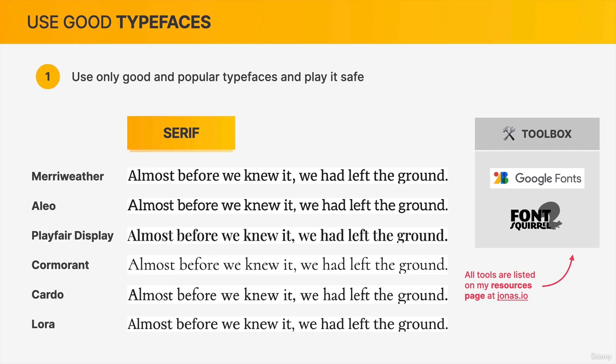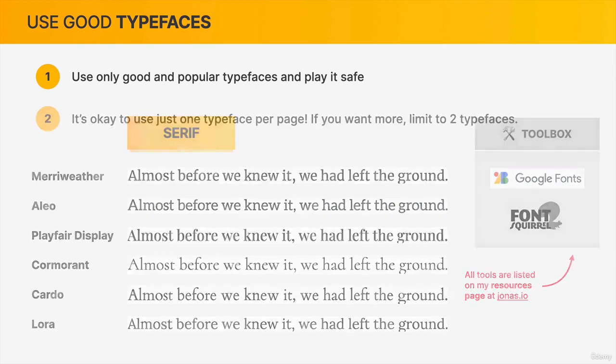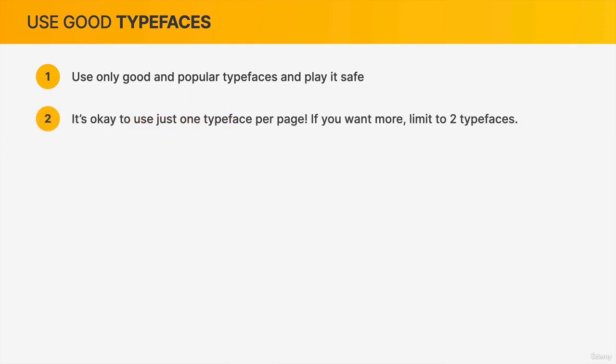Now, many beginner designers think that they need to mix multiple typefaces in order to create a nice looking design. But that's actually not true. So when you're just starting out, it's completely okay to use only one typeface on one page. And if you're really feeling adventurous, then still limit your typefaces to 2. If you use more than that, then your design will start looking amateurish